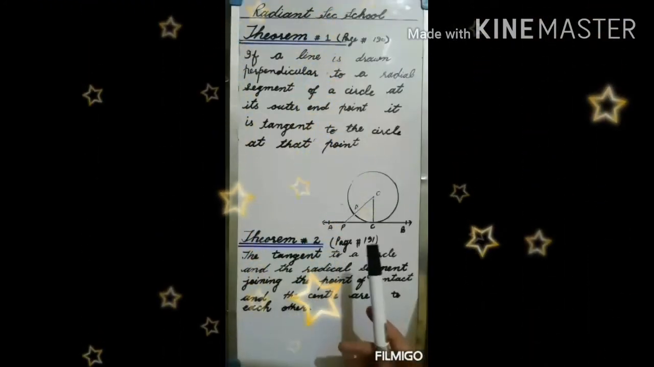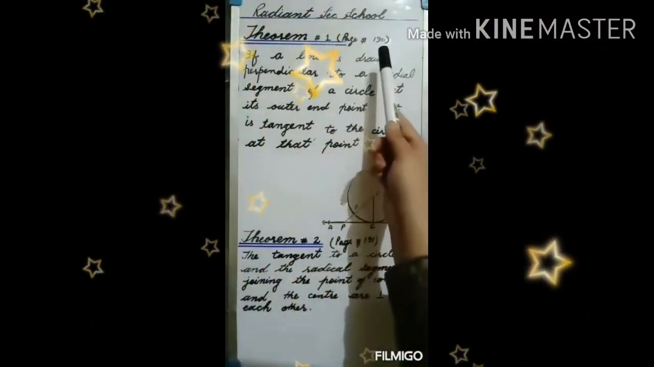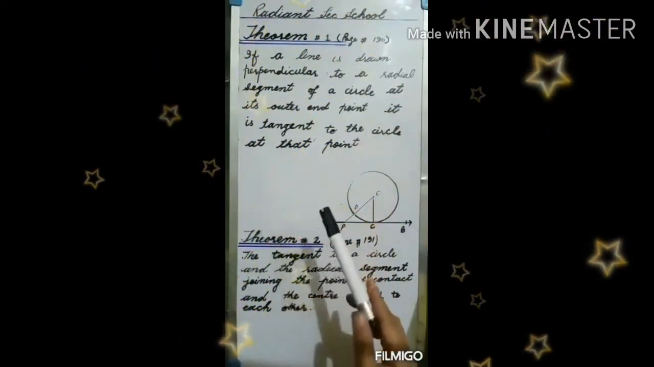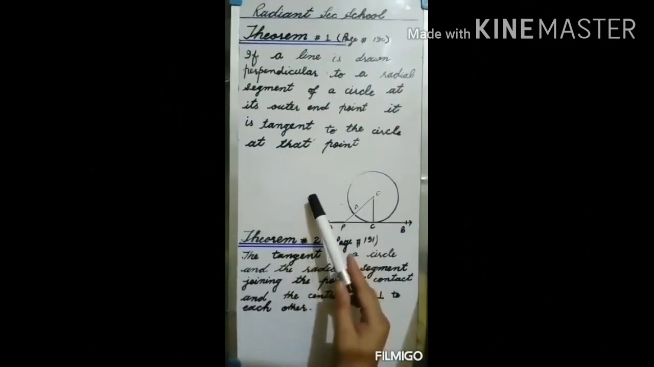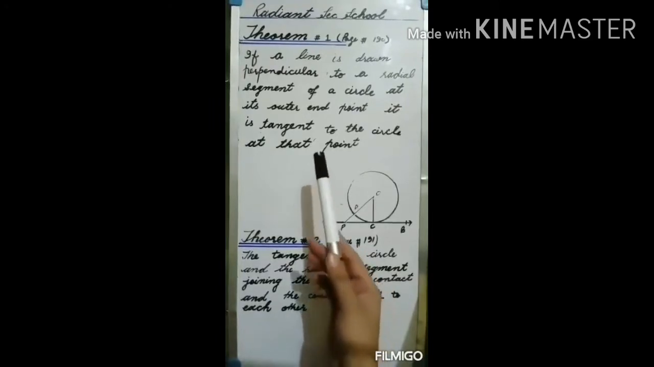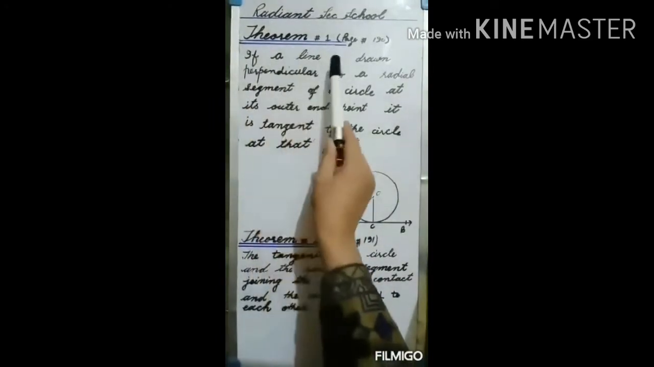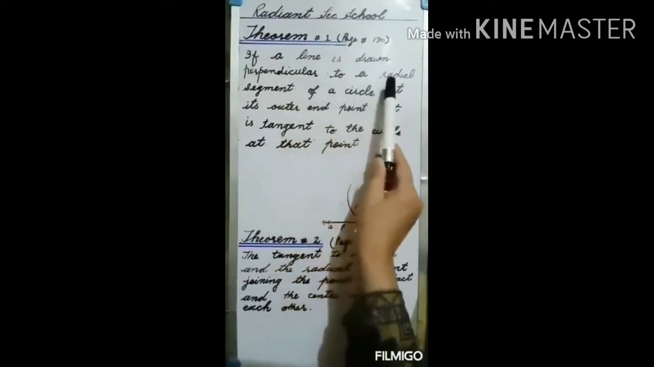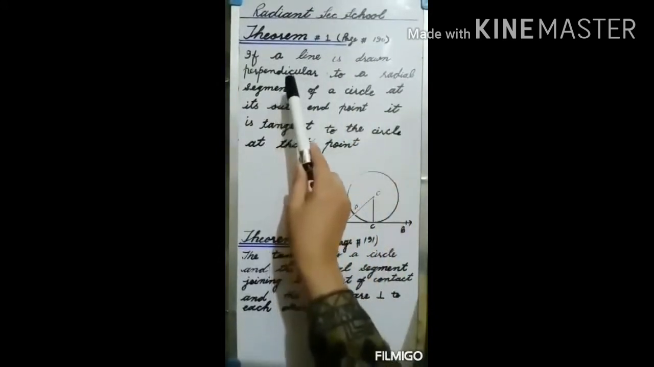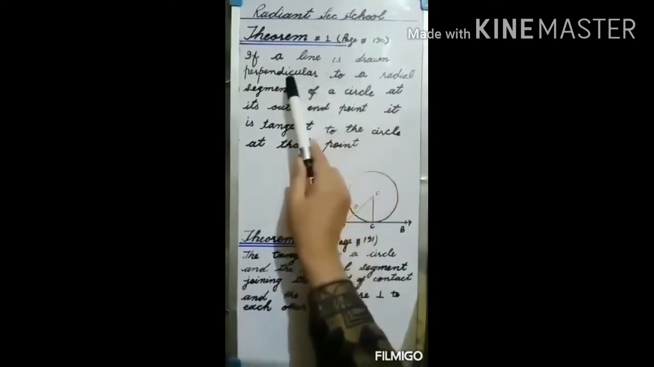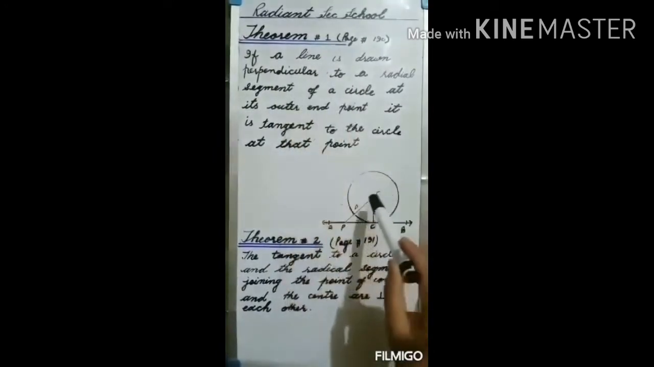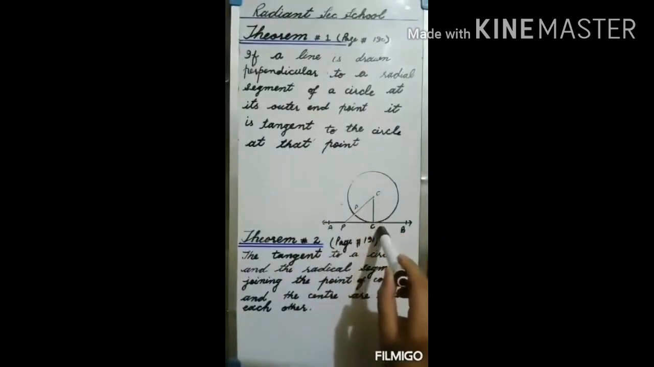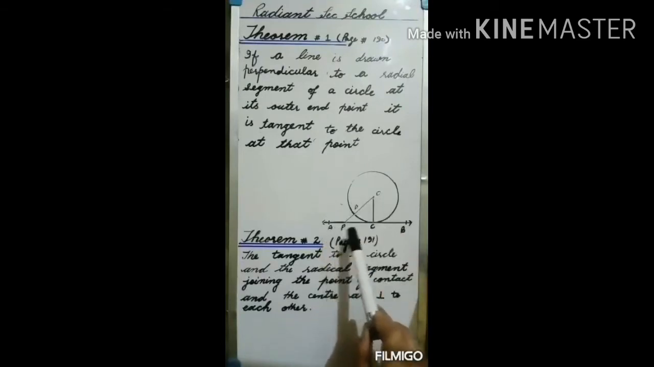Statements of the theorems. Your theorem number 1 is on page number 190. Here we will just read out the theorem and try to understand it. We will not see the given, to prove and construction. Now look at the statement of the theorem. If a line is drawn perpendicular to a radial segment. Here we are having OC as the radial segment, and we have drawn line AB perpendicular to it